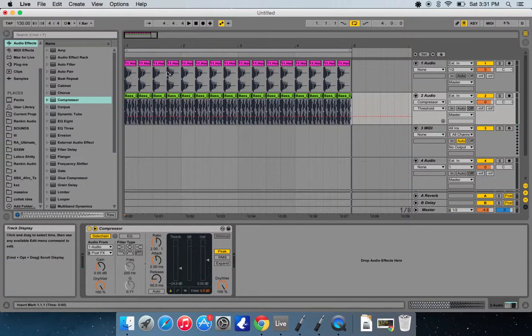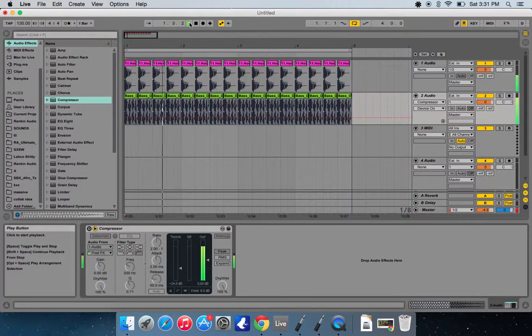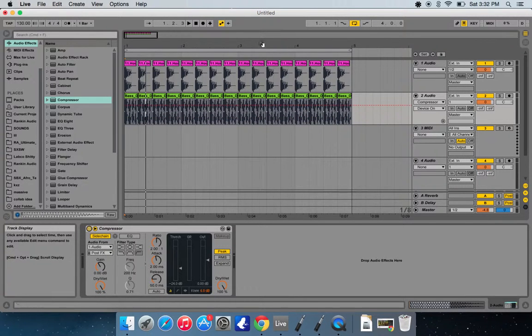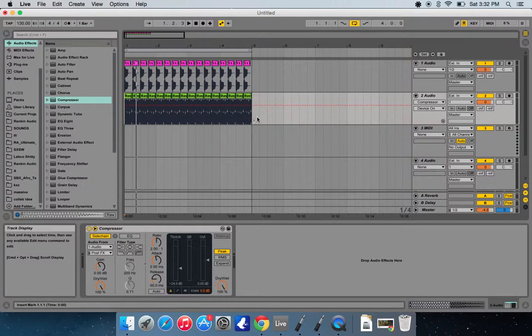Now without that, it would sound like shit. But this is what it would sound like without the compressor. Not sure if you can hear that, right? I'm getting a popping sound on my headphones, but you always want to have your sub sidechained to your kick drum. So now that we got that out of the way, you already have your basic